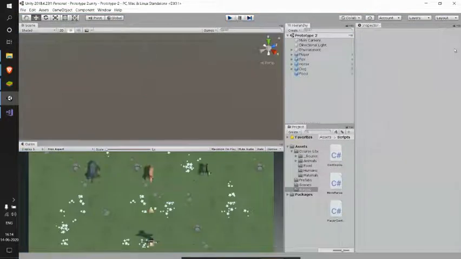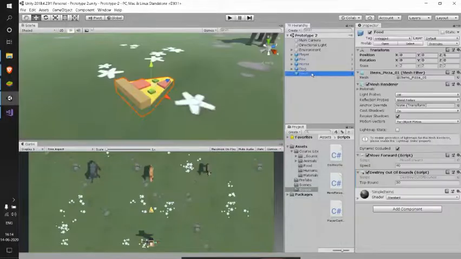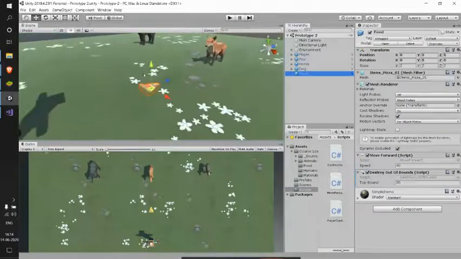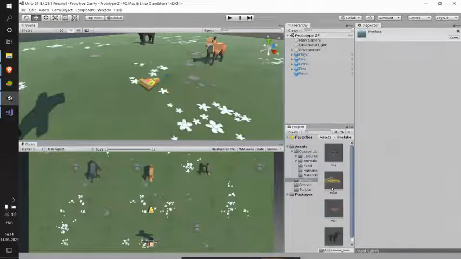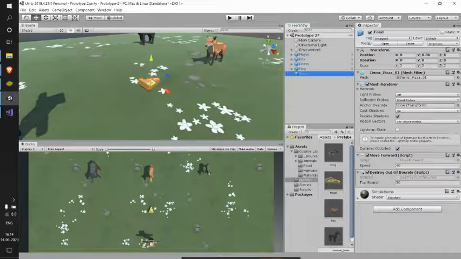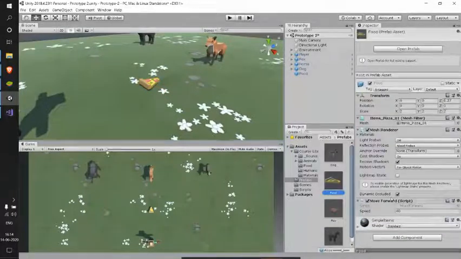So this is the problem, or the danger, when we use prefabs. We have created this food prefab, right? Let me show you here. This is our food game object, and I have my destroy out of bounds script attached to it. But let's see what's the case with our prefab. In our prefab, we don't have our script attached. So what happened here?